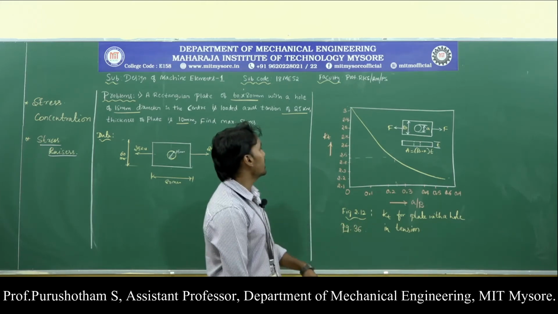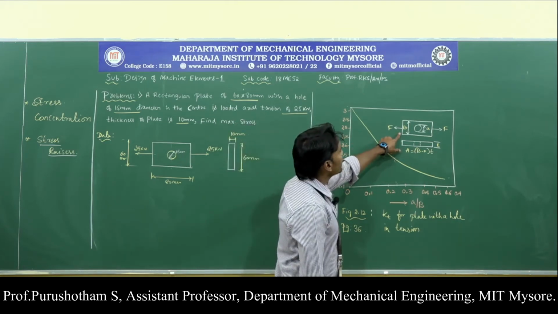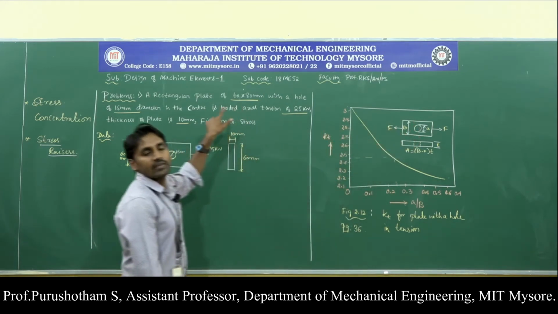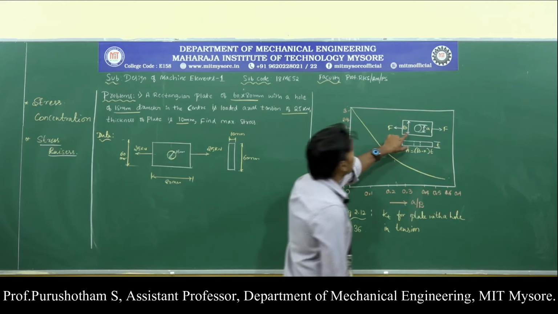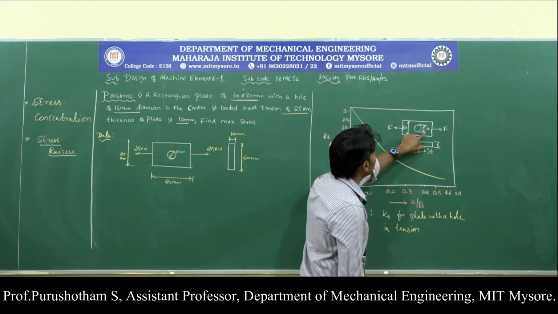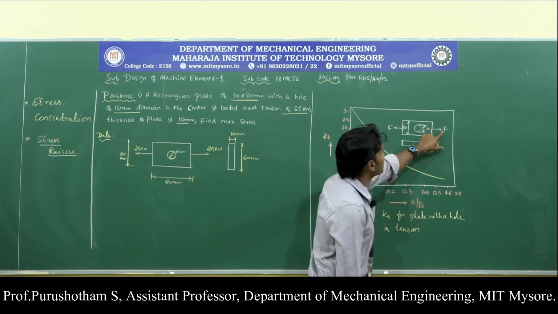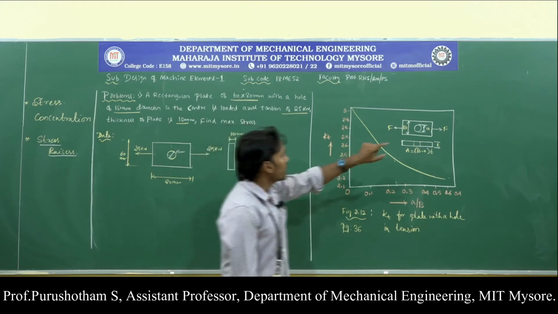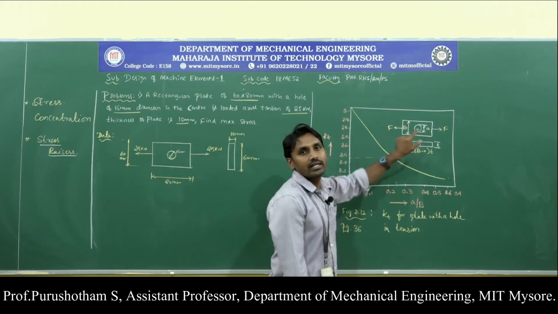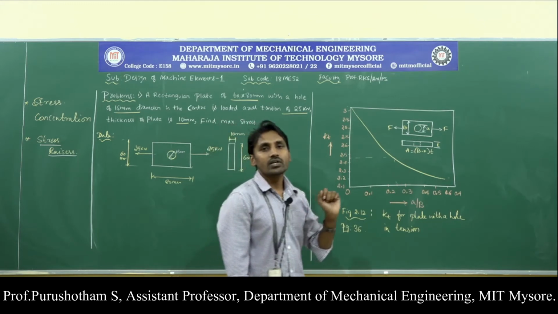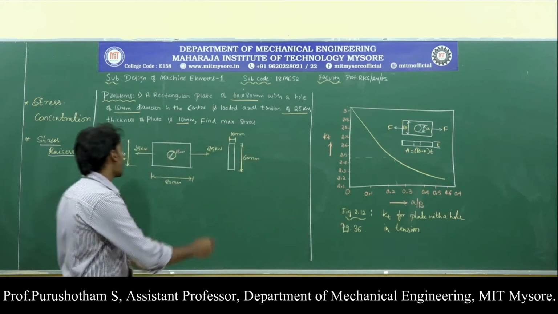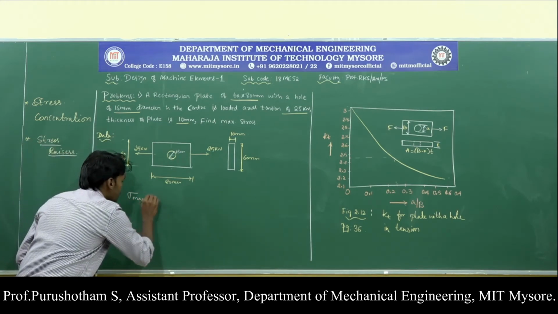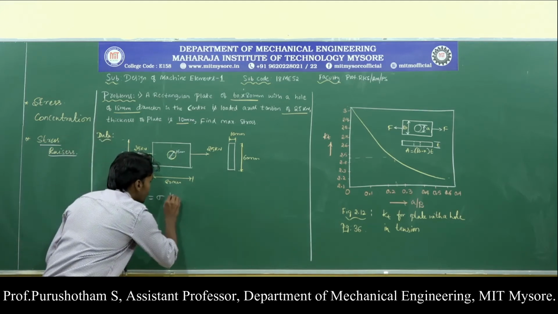If you observe this figure, you can see this will be the figure in the data handbook which is exactly the same case as the given problem. That is, there is a rectangular plate which has a hole at the center, having some breadth, and which is subjected to tensile load, and which has some thickness. So I am going to refer to this figure to calculate the stress concentration factor. Now, it is subjected to tensile load, that means direct stresses. For this, the maximum stress induced is given by sigma into KT,